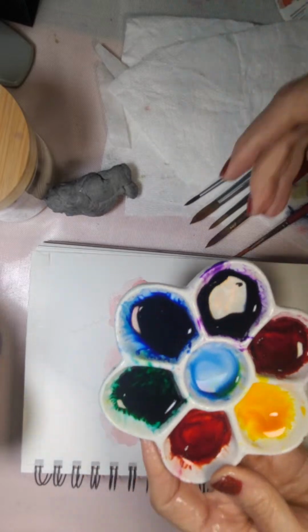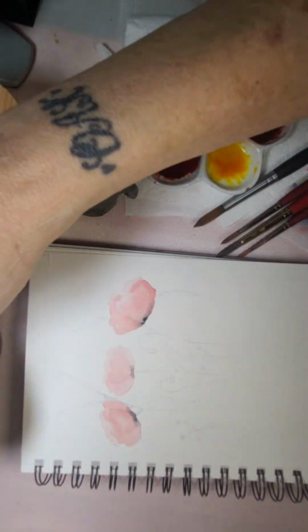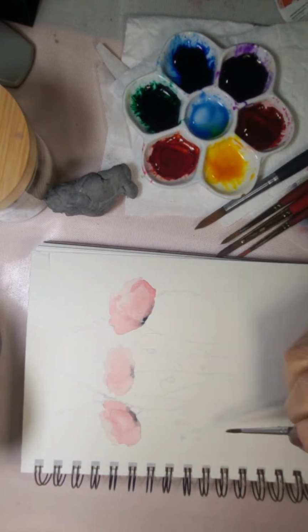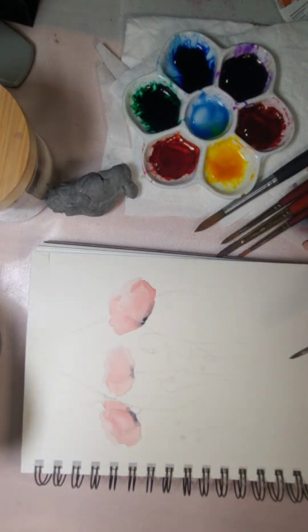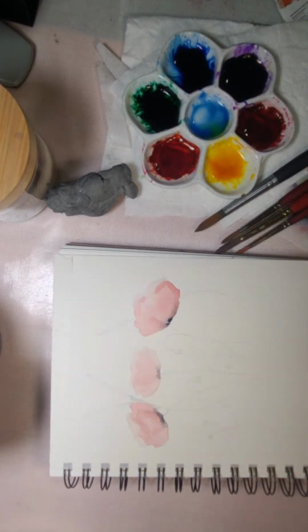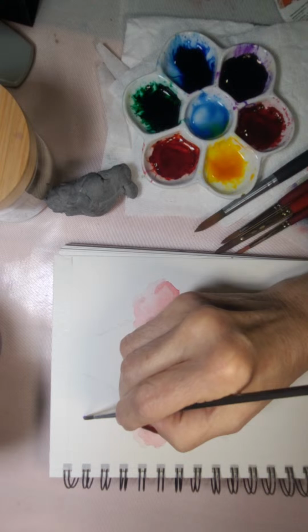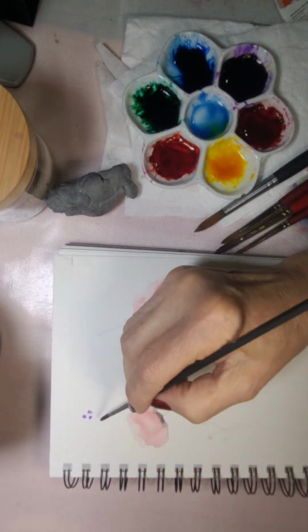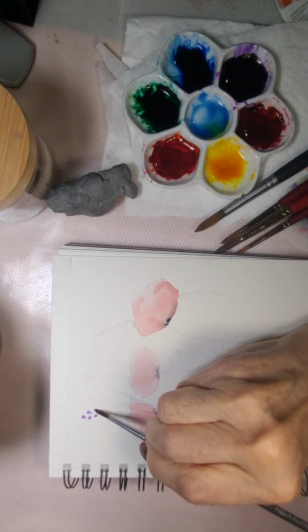And the reason I'm using this is because they are a lot more concentrated than the regular watercolors. And since these are so little, I just want to tap into them once, not have to go into them too many times. So let me see. Here we go. And you can see these are going to take a little bit of time, but look how pretty and vibrant